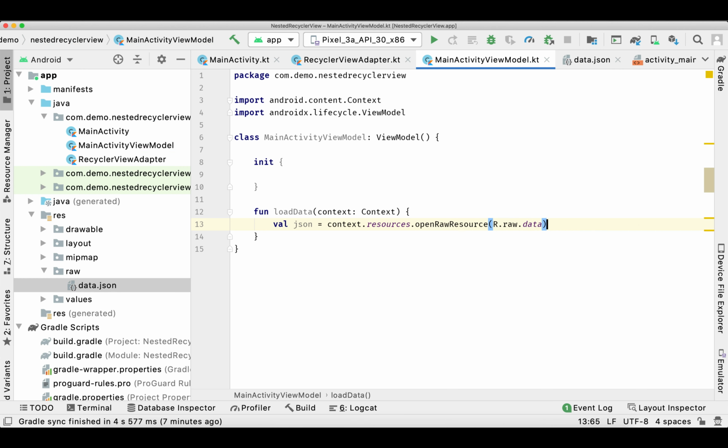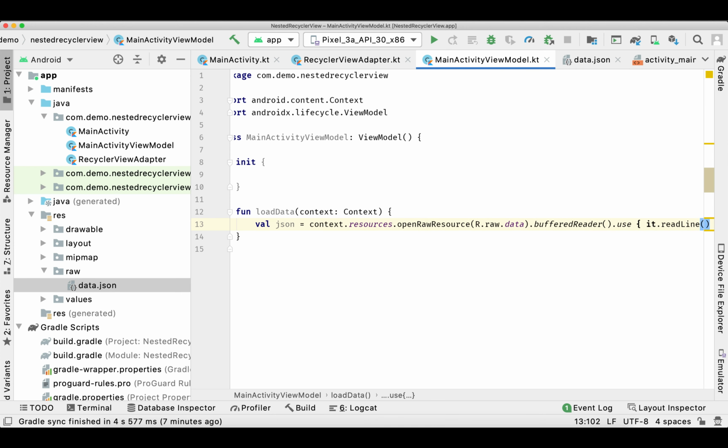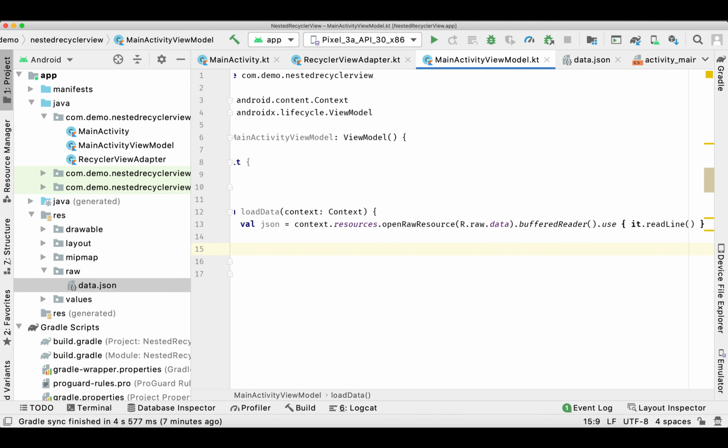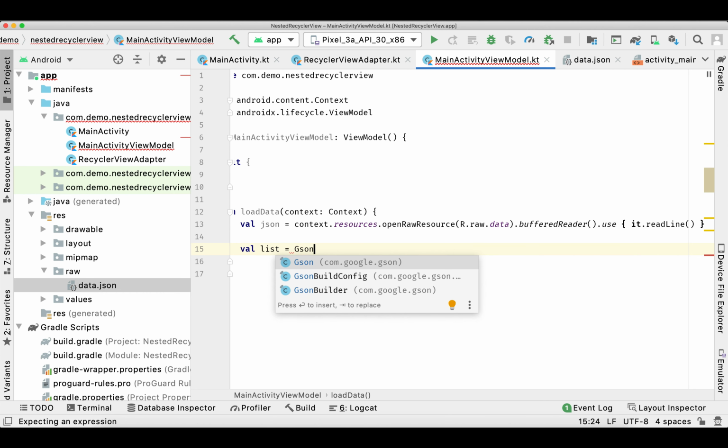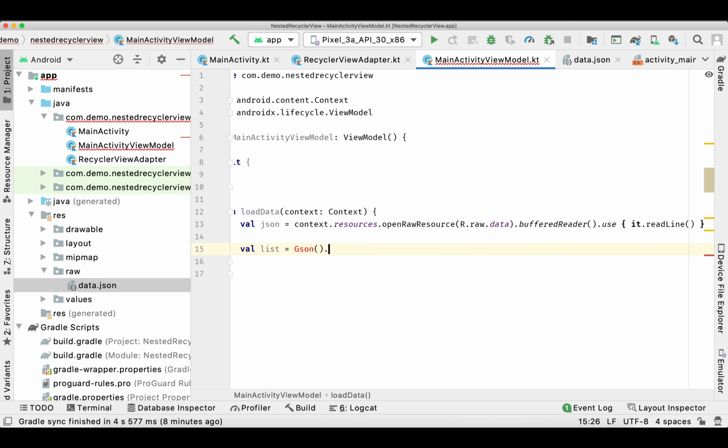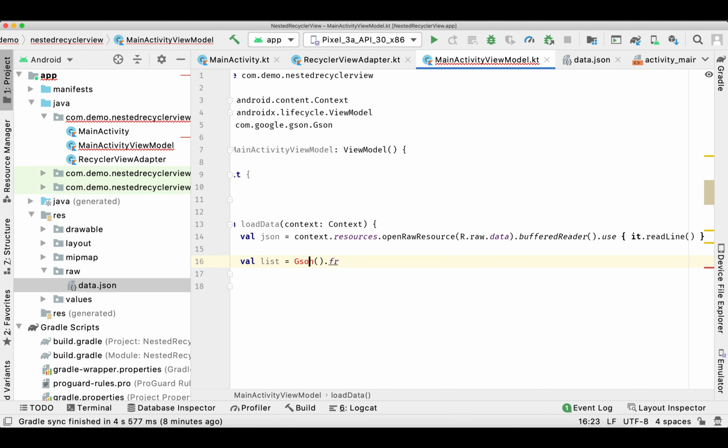Here we need to pass the same name of our JSON file. And here we are going to use the JSON library to parse the whole JSON into the object.